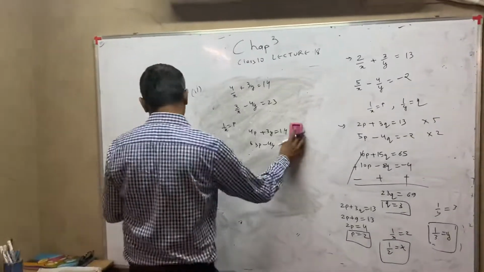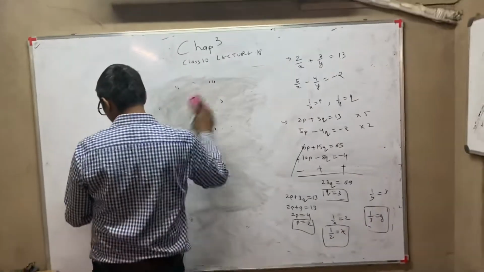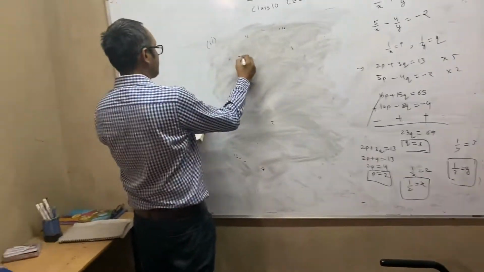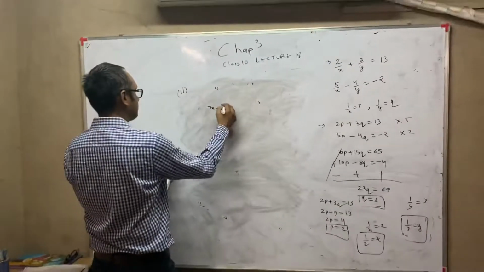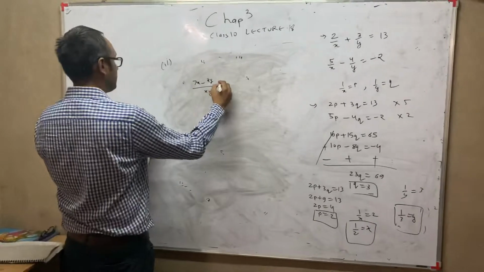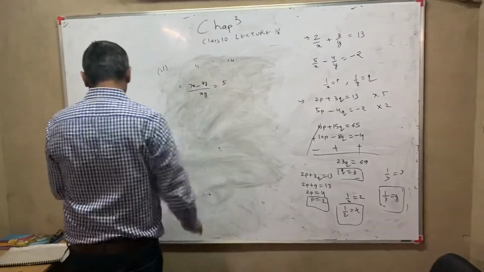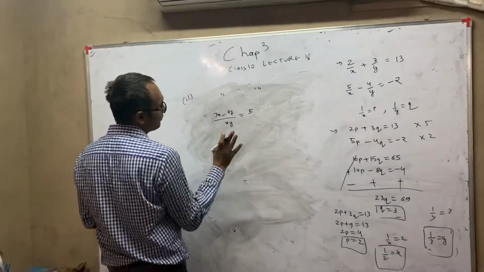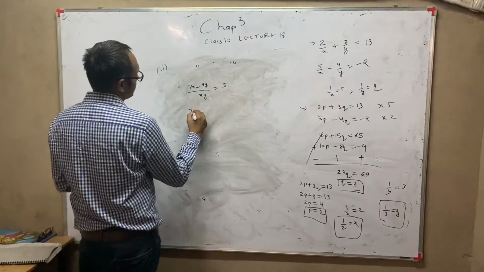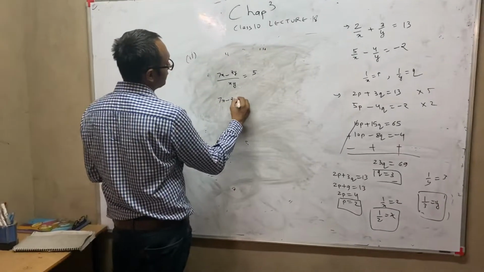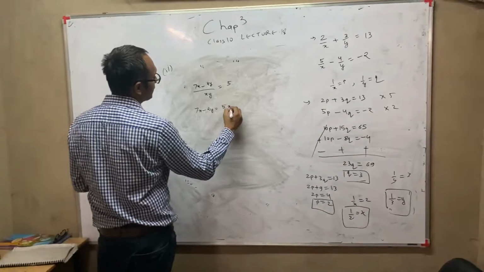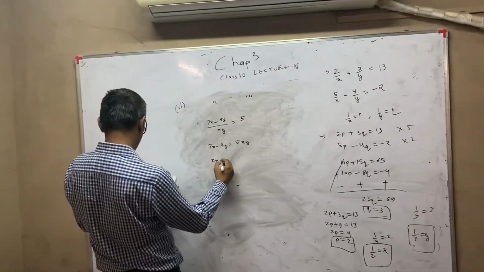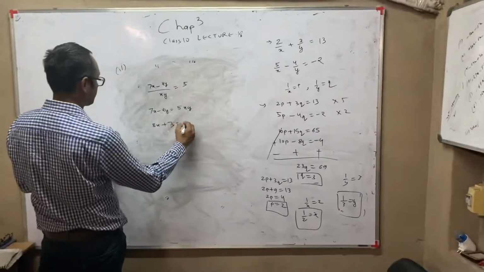Fourth question we have already discussed by chance. Now the last two, fifth and sixth. Fifth question is written like this: 7x minus 2y upon xy is equal to 5. Okay. Suppose I take it. There are two ways of doing this sum. One method is this: I write 7x minus 2y is equal to 5xy, I will take xy there. Similarly, the other equation also, 8x plus 7y, this becomes 15xy.